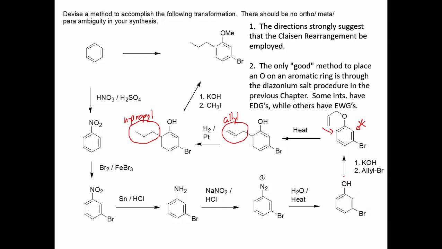Because all of these, OH, O-allyl, OH, OMe, all of these direct any new substituent to the ortho-para position, and this is meta. So we're going to have to introduce this bromine when we have the right combination of groups on our benzene ring. All right, the immediate precursor to a phenol is the diazonium salt,